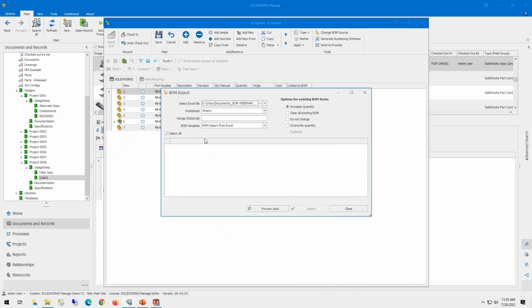So I've got a really simple BOM here for import. You can pick what sheet you want to bring in. If you've got ranges, you can do that. But then you get to preview it, and it gives you a list of those items that are in this BOM. And again, I just used a simple one here for an example. But what will happen is it's going to look at the part number and the description, the key information you've put in there, and see if those things exist in any of the managed record types. So these are all going to get added as records. So these are all going to be those yellow squares,